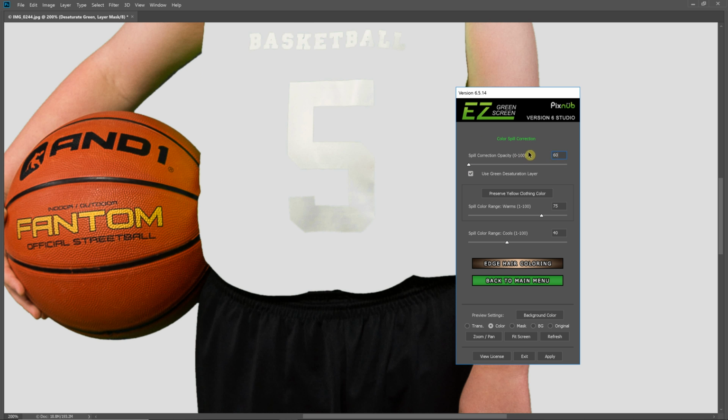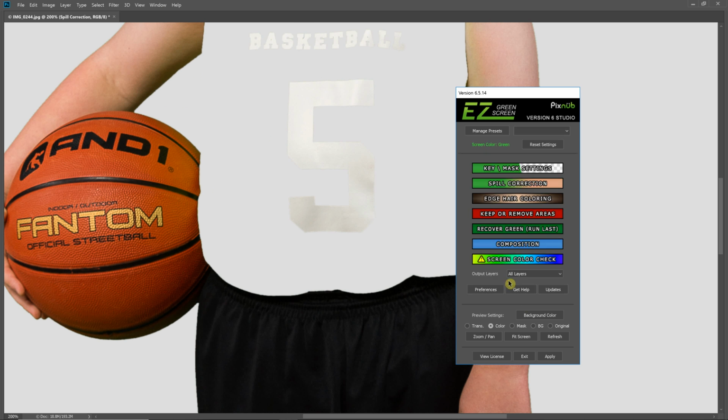And so by fixing this in Easy Green Screen, and then we're going to set a preset, we can automatically fix a lot of our images in batch for these areas, and so we only have to touch up the jerseys. And like I say, be careful with that foreground recovery, because depending on your images, you may just opt to fix those areas while you're fixing the jersey, especially if you have a lot of flyaway hair with girls in